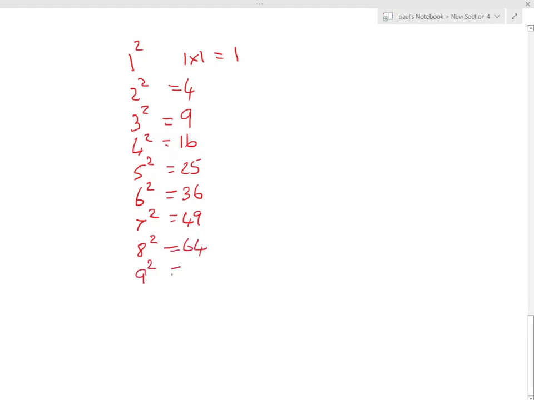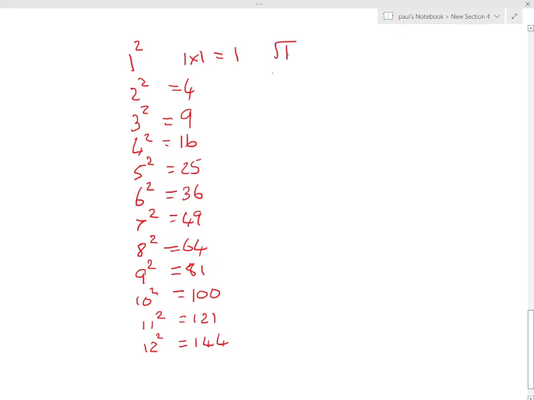9 squared, 9 nines are 81. 10 squared, 10 tens are 100. And 11 squared is 121. And 12 twelves are 144. So the square of 3 equals 9, the square of 7 equals 49, and so forth. So that's the squares. Now if we go back the other way, the square root is a